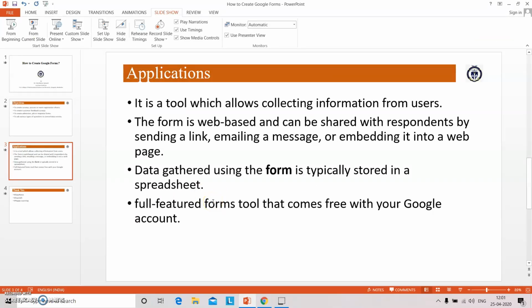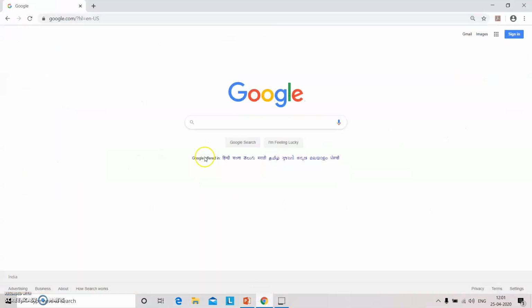To go with the creation of a Google Form, we have to log in through our Google account.